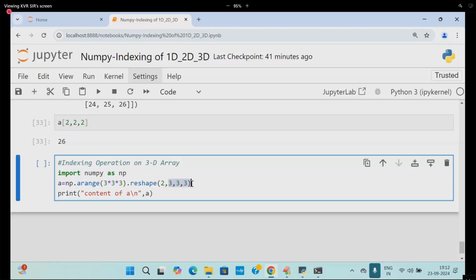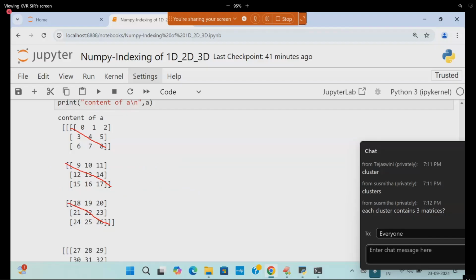Very beautiful. Understand, students, see carefully: this is called one matrix, this is called one more matrix. This bracket is one bracket, that is the 0th cluster.